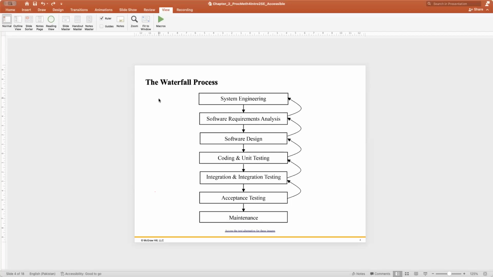I have other videos to explain everything about this, but quickly to see that this waterfall process gives us step by step solutions, steps that we follow so that we can achieve overall software development.